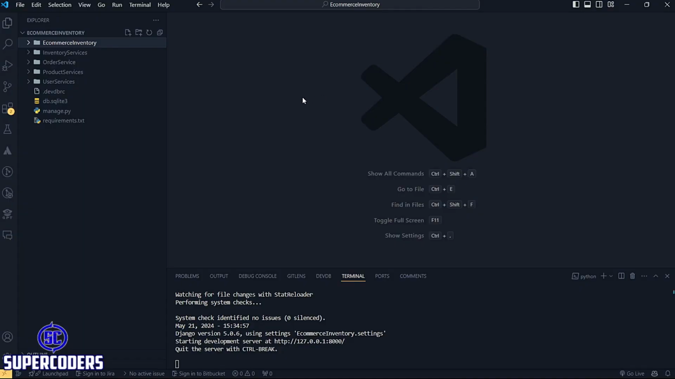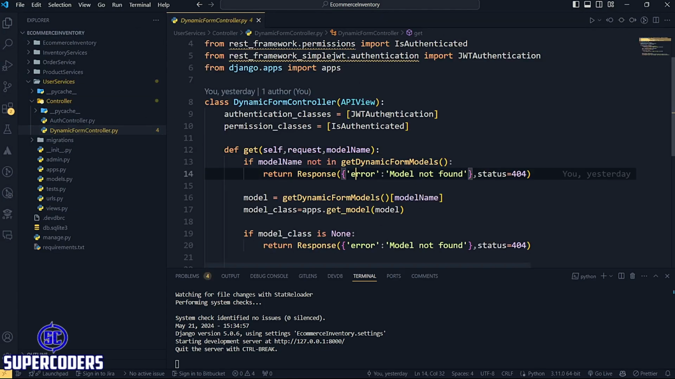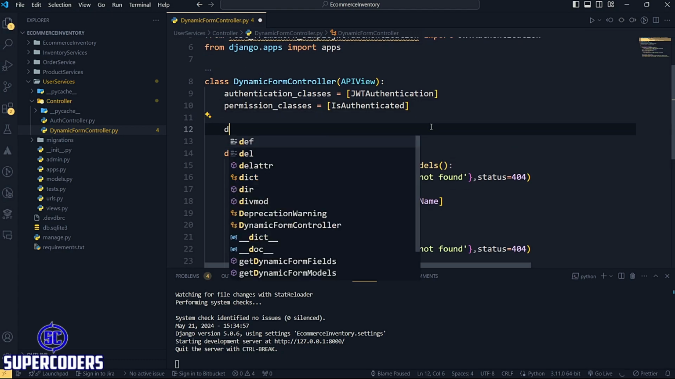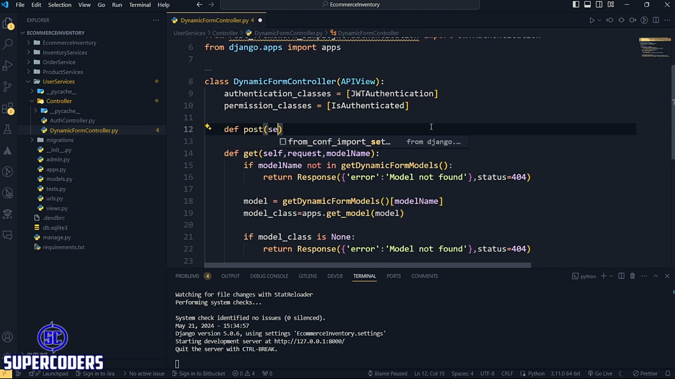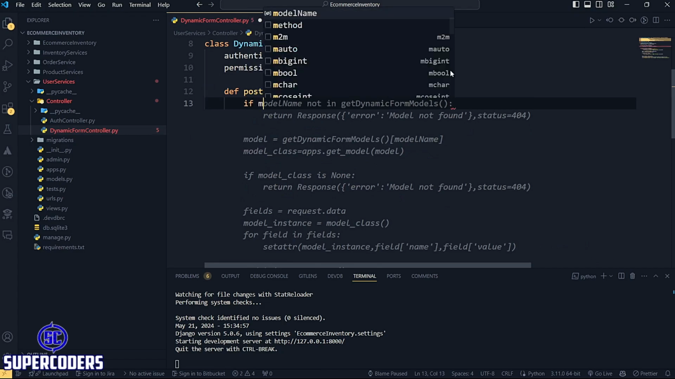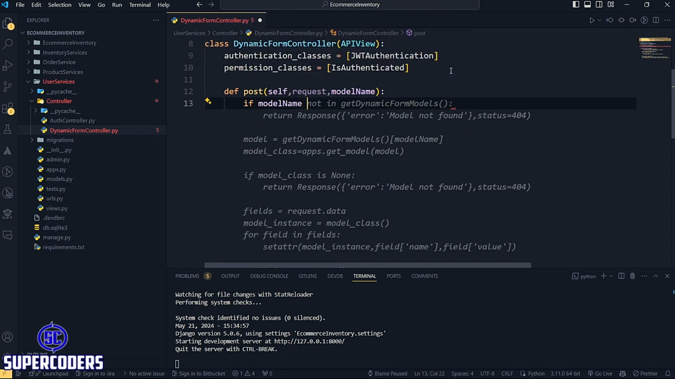So first, coming to our dynamic form controller. Opening user service, controller, dynamic form controller, and here is our get method. Now let's add a post method to save this data. So I define post, self, request, model name. After that, first I'm just adding a condition: if model name not in get dynamic form models,